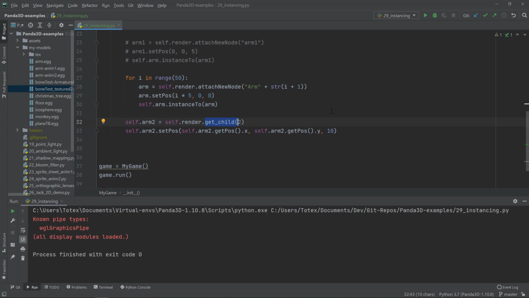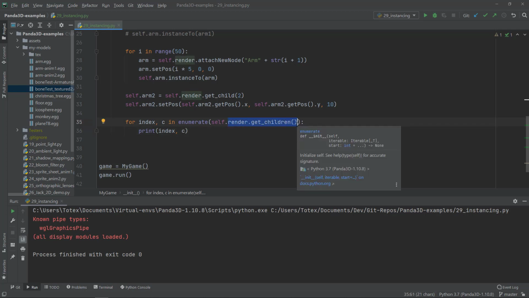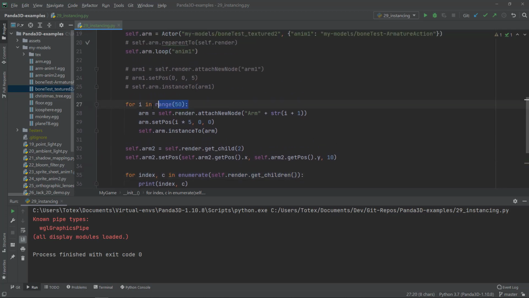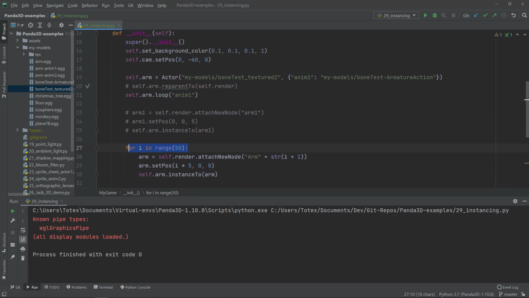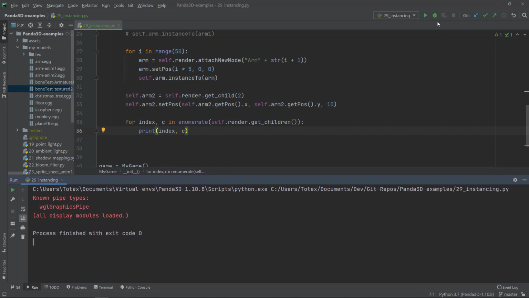And I'm going to show you something here. I'm just going to copy another for loop and paste it here. So I'm just going to loop through render.get children, which returns a list of the children. So every object which is attached to the renderer, so all the 50 arms and also the camera, and it will print out the index and also the object itself. So if I run it